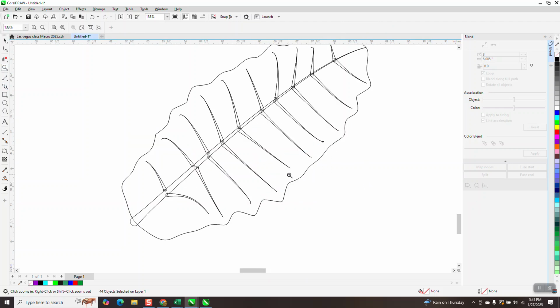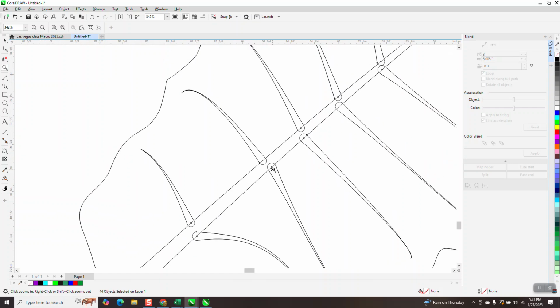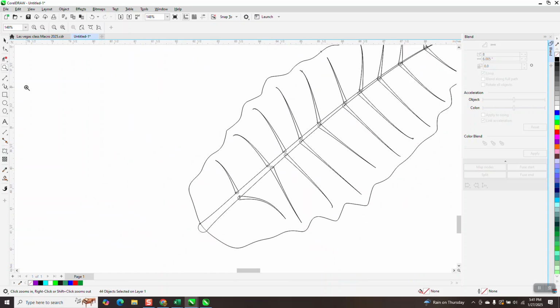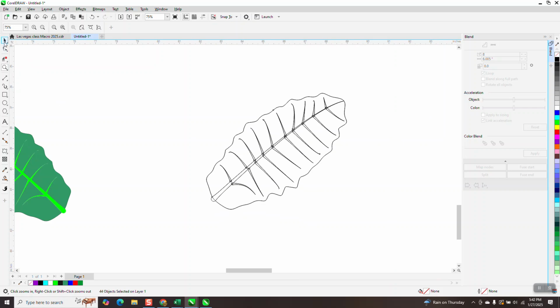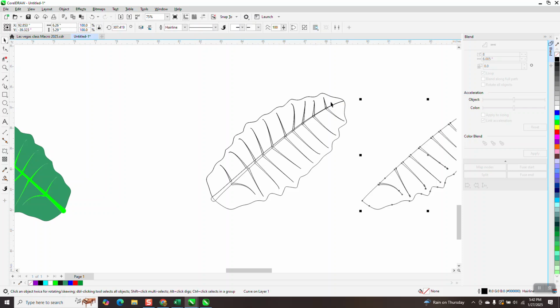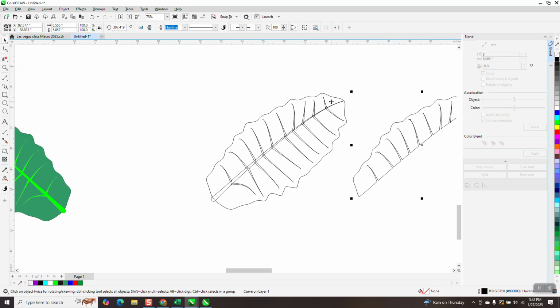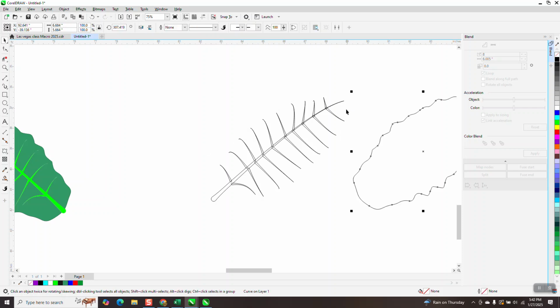What he did, and I'm intrigued, he drew these stems with the artistic media tool. So that leaf is 6 inches. I'm going to set my nudge factor on 7, and I'm going to move the leaf out of the way. And you see right there is a mistake because there's 2 copies, but it still won't blend. I've already done it. So I'm going to move the outside of the limb away, and I'm going to select